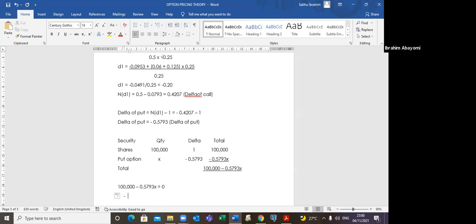I will have minus 0.5793 X equal to minus 100,000. So I will divide both sides by 0.5793. So I have X equal to, don't forget both sides are negative,